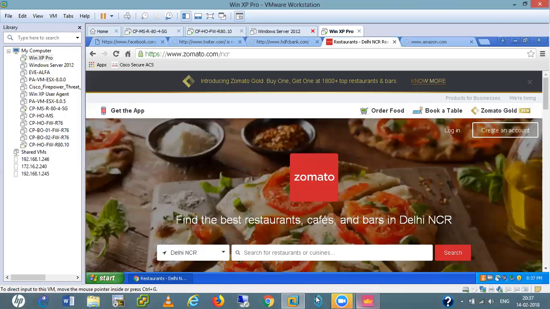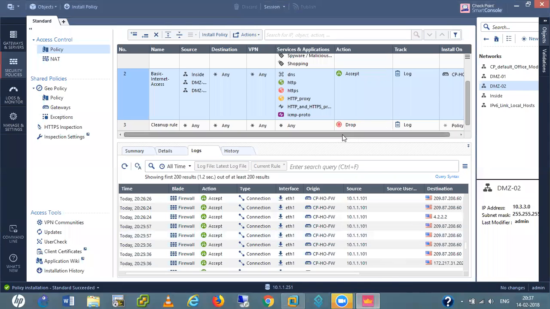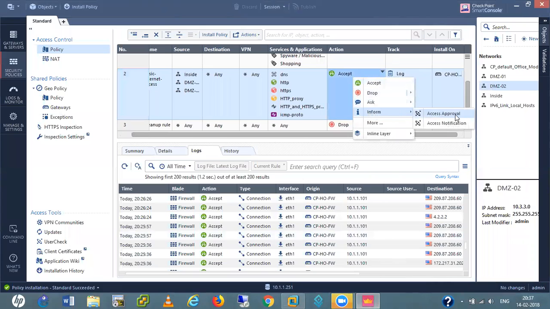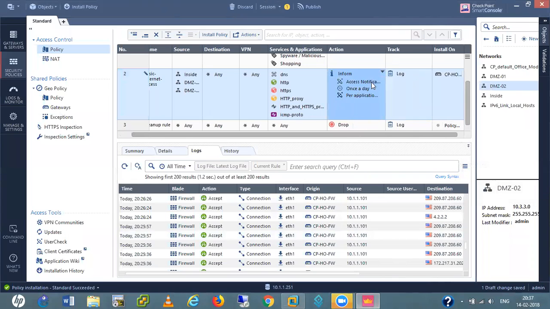Okay, so let me also do one thing. See in action, also info access approval, access notification. Once a day, not this one. Company policy.